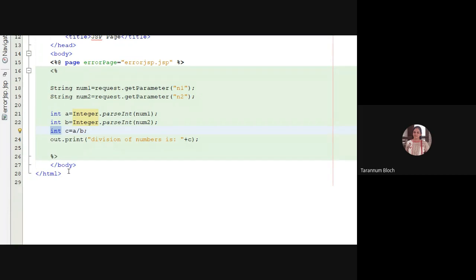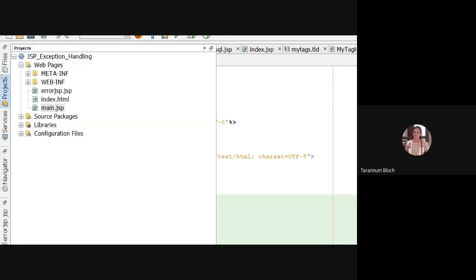This scenario will be totally fine if I am entering numbers as input and the denominator is not 0. In that case, the sequential, line by line execution of this JSP script will happen, and we'll get the answer of the division. For example, let us see that.